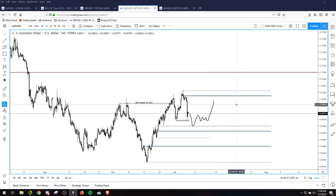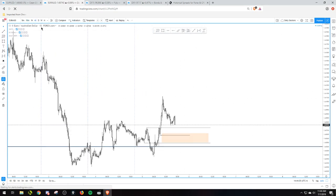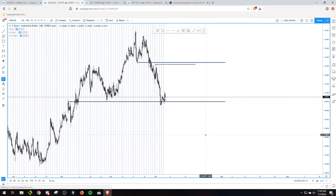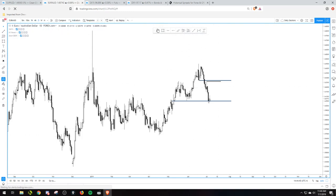That also does bring up the cross pair I was looking at, which is Euro Aussie. I do think that's going to be a big mover. If we just take a quick glance at that, I'll go back into that later for a quicker breakdown or a longer breakdown. But this is my Euro Aussie chart, and if we look on the daily, it came down. It's within this price range right here. So if we just mark out this leg,